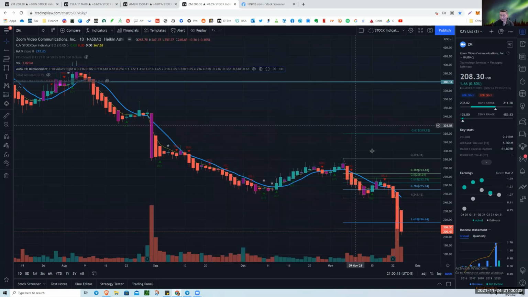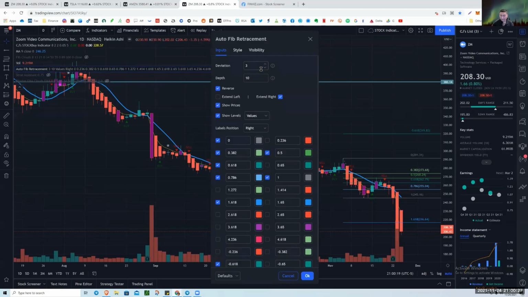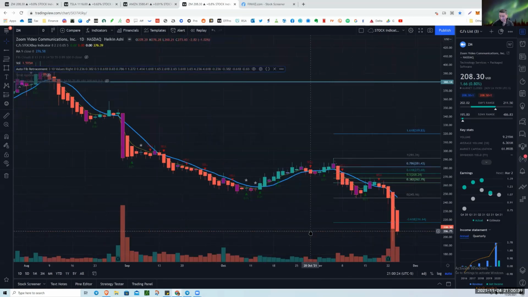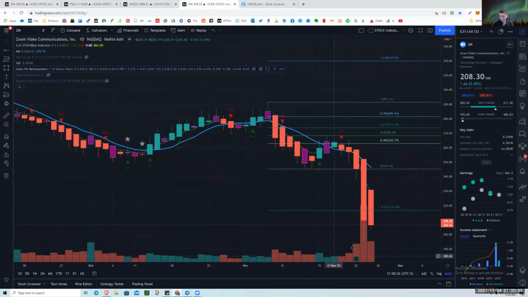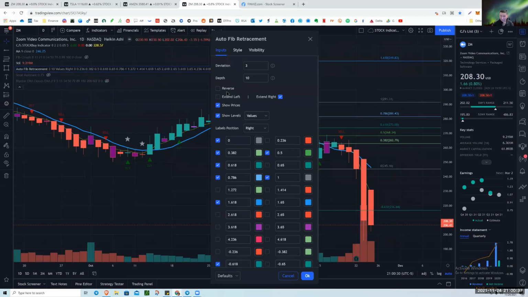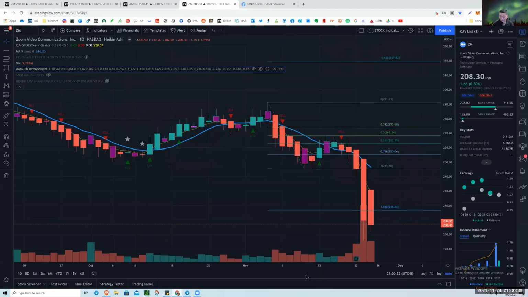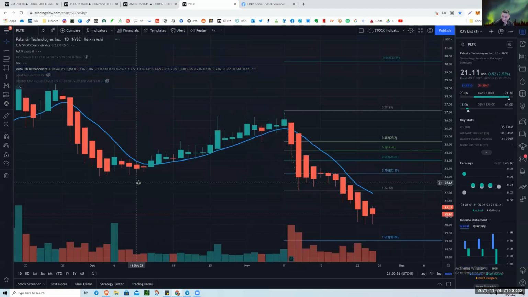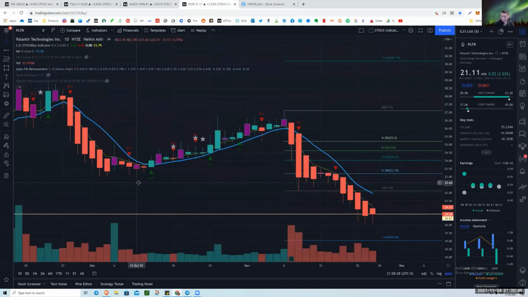Okay, so this is how it looks in terms of the Fibonacci. But let me unreverse it. Boom. Right there. So that doesn't help because it doesn't give me a whole lot of levels here. All right, so let's reverse it. Well, that doesn't help either. Okay. Which is a better one to